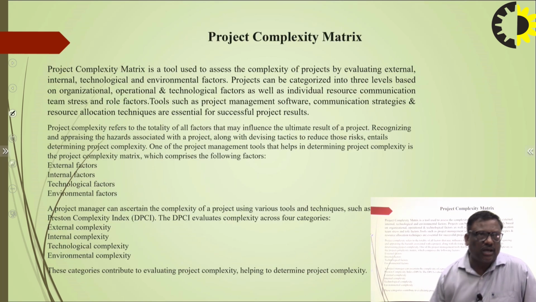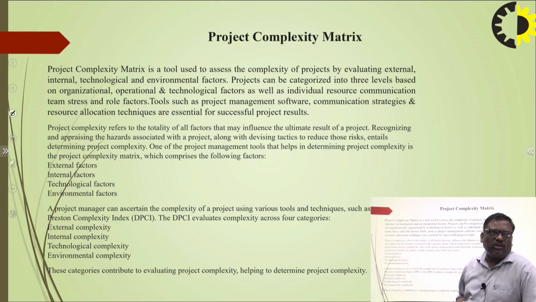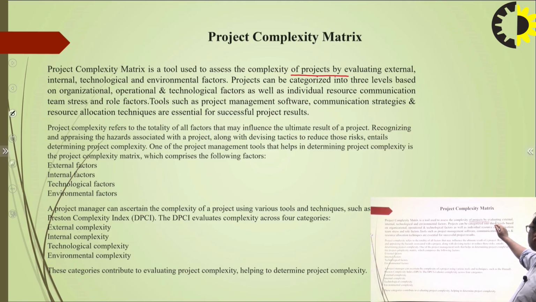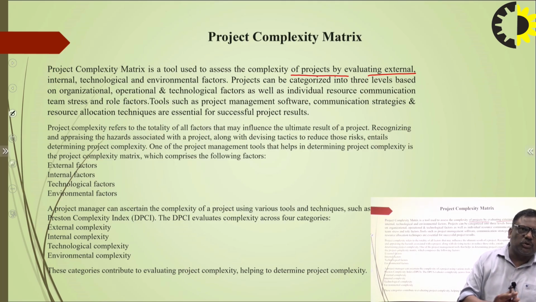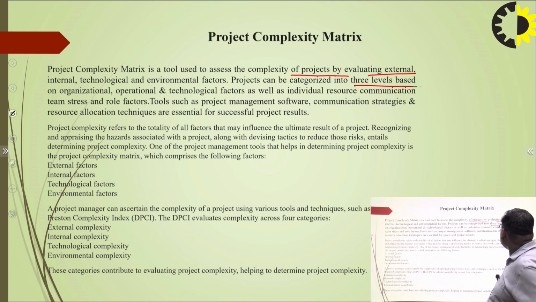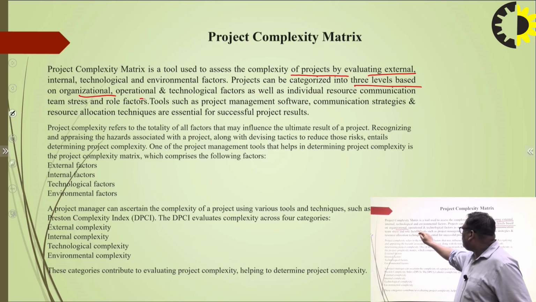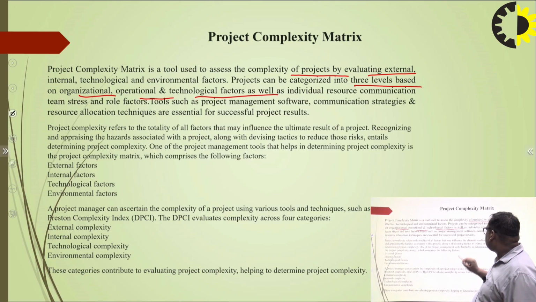How can we find out the complexity matrix of the project? So here we can easily assess the complexity of the project by evaluating external, internal, technological, and environmental factors also. Different types of factors affect our project. So we take them as input and then categorize them into levels. That means organizational level, operational and technological factors, and then